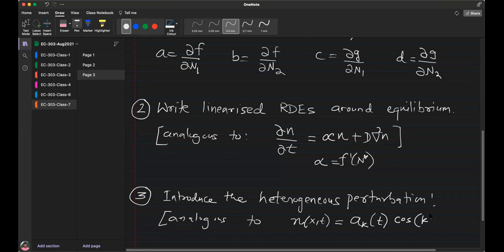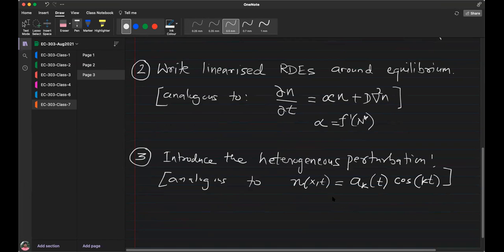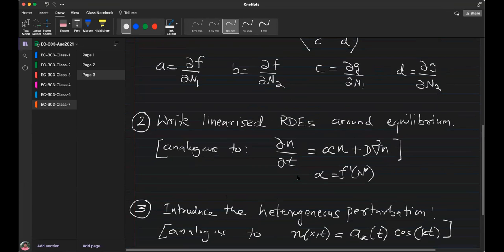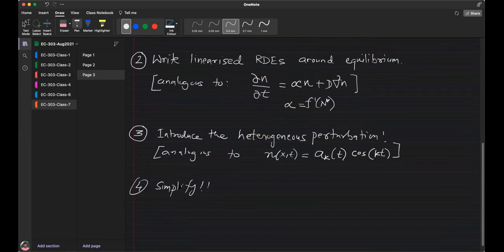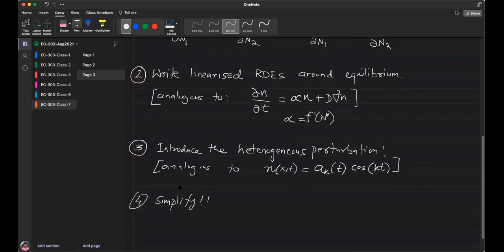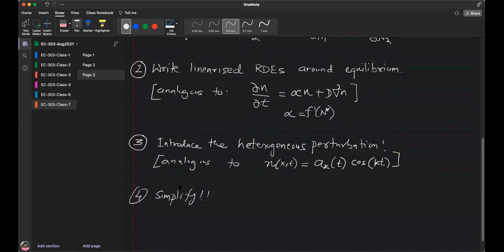Just choose cosine, analogous to this. We had done this kind of perturbation last time for one variable. Now you will have two variables. So how will you introduce a perturbation and then simplify? The fourth step is simplify. Is this clear to everyone? Simplify to obtain an equation analogous to